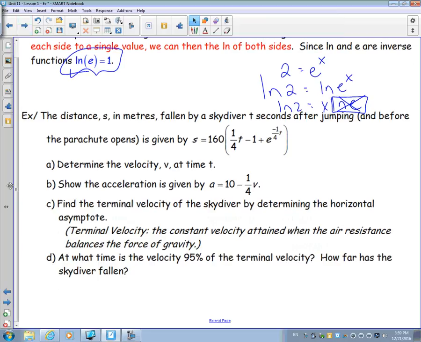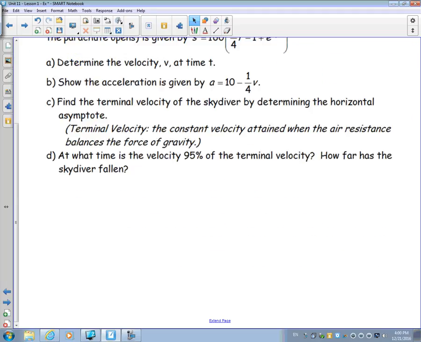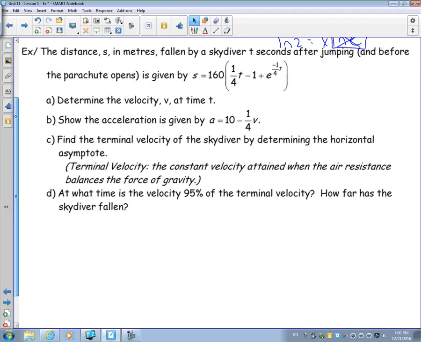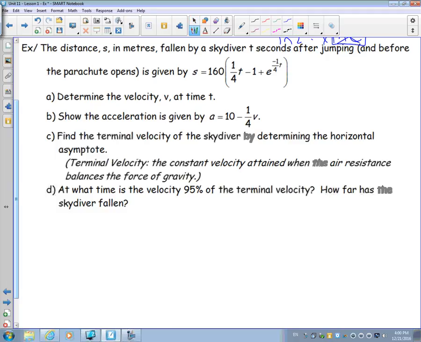Okay, so we're going to try an example of this. The distance fallen by a skydiver t seconds after jumping is given by this beautiful equation here. It's got continuous decay. It's decay because you have a negative exponent. It's going down over time. Kind of makes sense, right? Eventually you hit the ground if you're jumping out of a plane, but it should slow down over time. I want to find the velocity. Well, we know one of our basic rules is that velocity at time t is a derivative